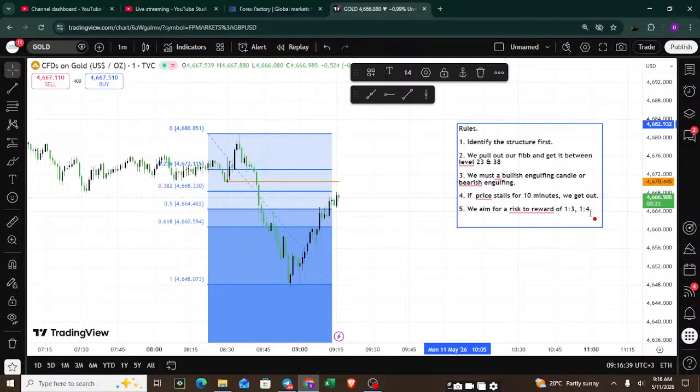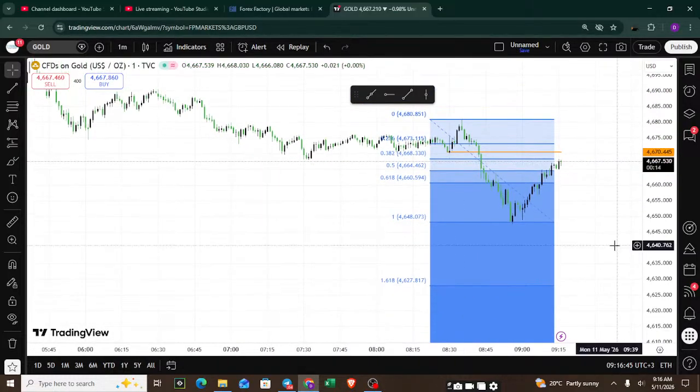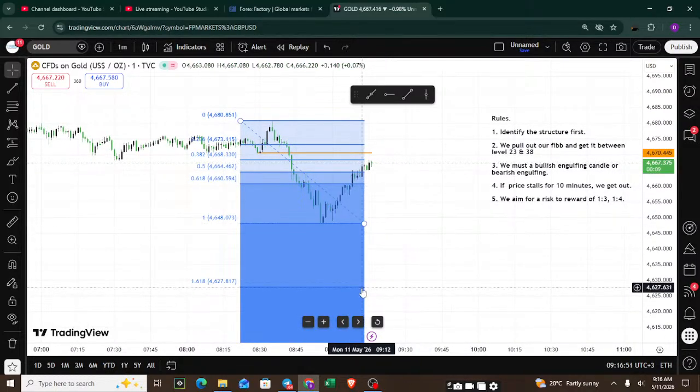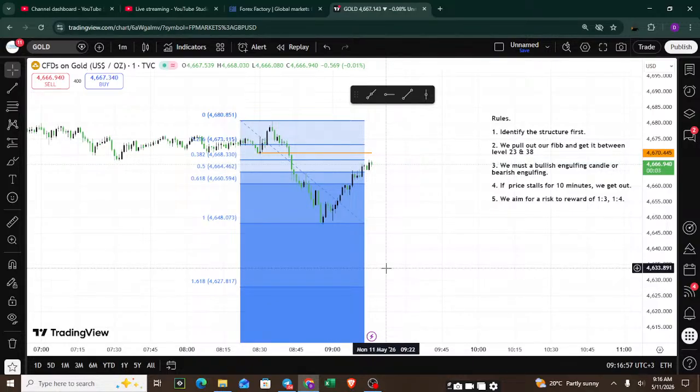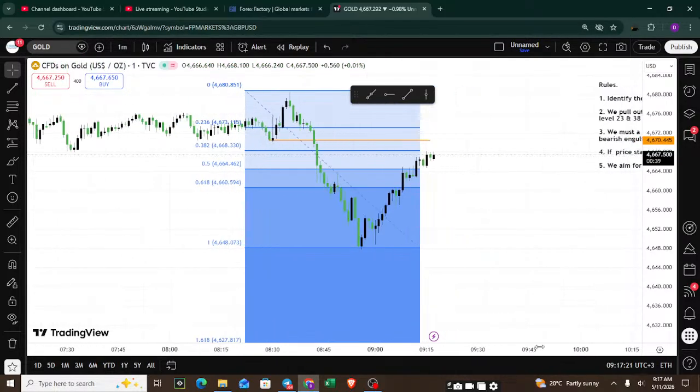Price today has a lot of momentum, and that's a good thing. Now when we get in, we have said we target 1:4, but we can also target 1:5. That is if price wants to go at least 200 pips, because sometimes it can go to 200 pips. Okay, so it all depends on whether price really wants to give us what we want, or price does not want to move.